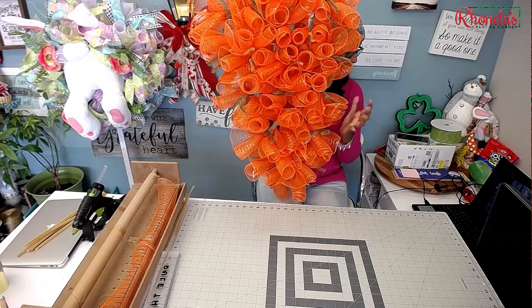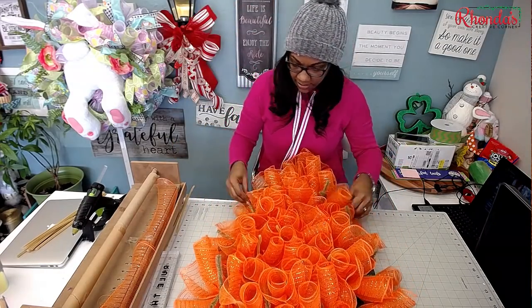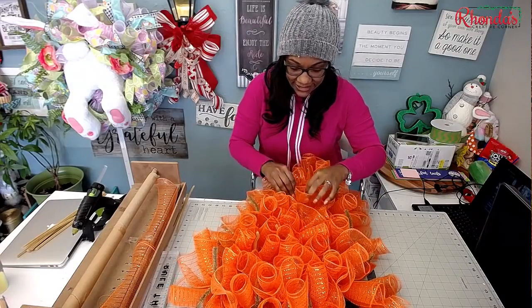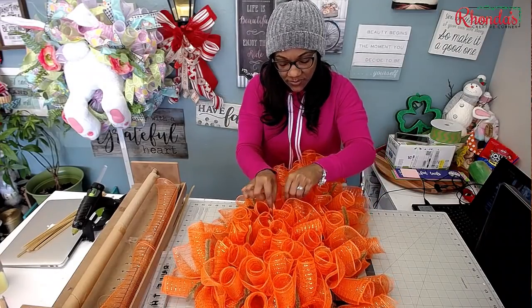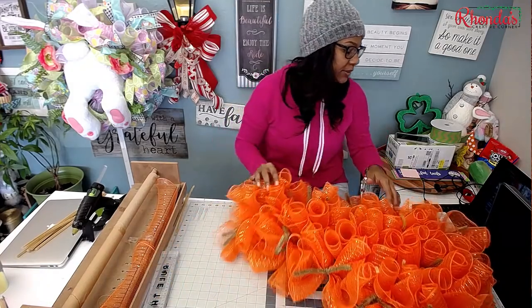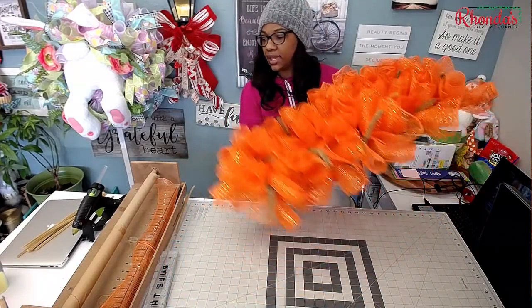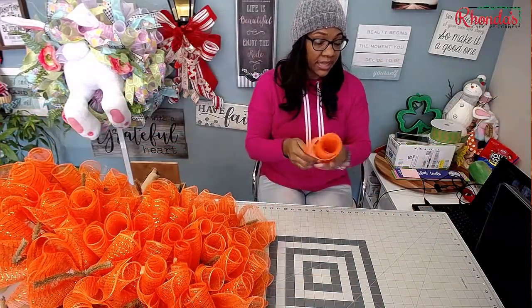So let me show you guys. I just keep looking at it. It's just so cute. And it's nice and full. You have some areas. So if you wanted to use your last little piece of mesh that you had and you're not going to buy another one,